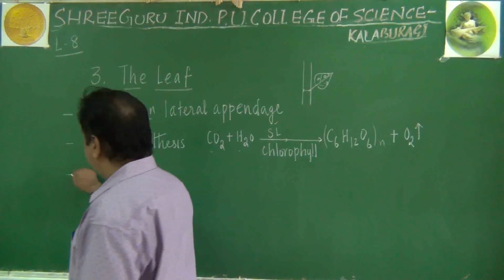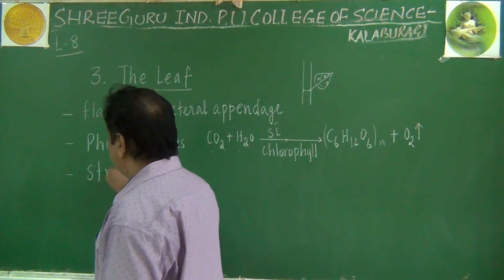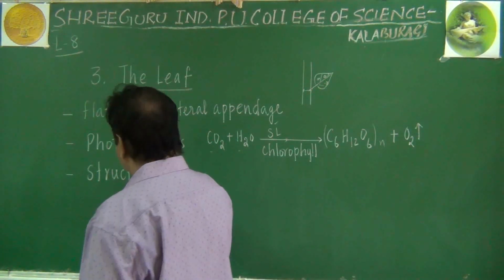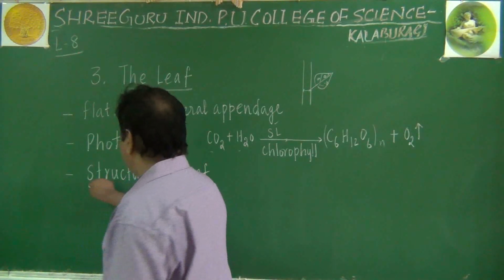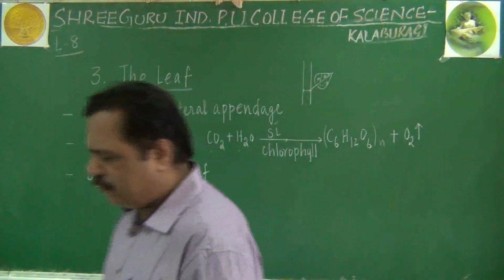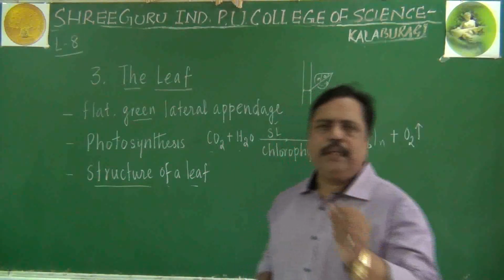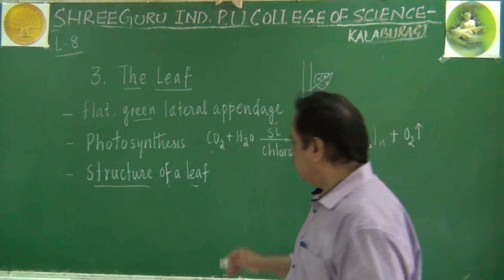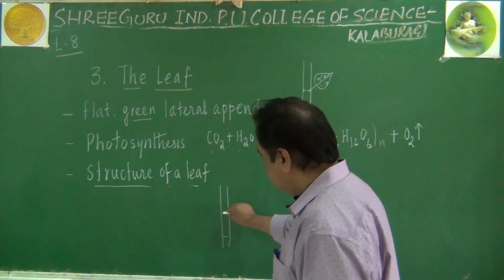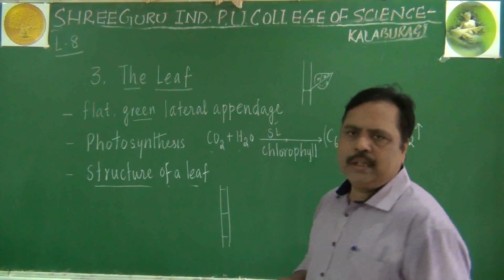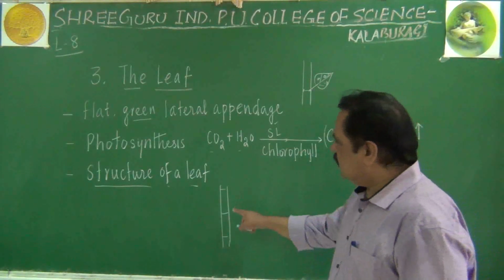Let me explain a 3-mark question related to the structure of the leaf now. Leaf structure. A typical leaf we are going to study here. When we study a leaf, it will exhibit 3 important parts. Imagine this is the stem of the plant, which contains nodes and internodes like this. From the nodes, the leaf will arise as the lateral part.